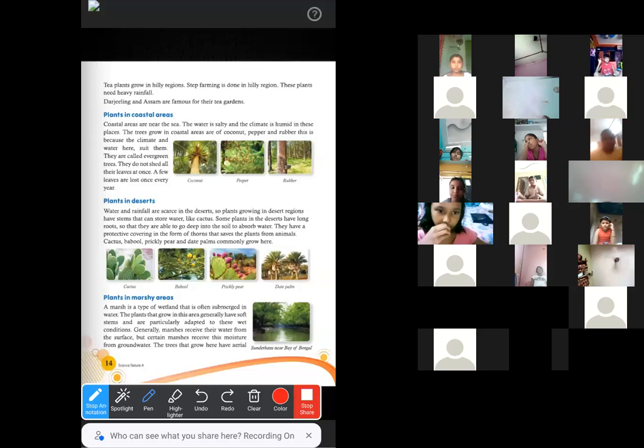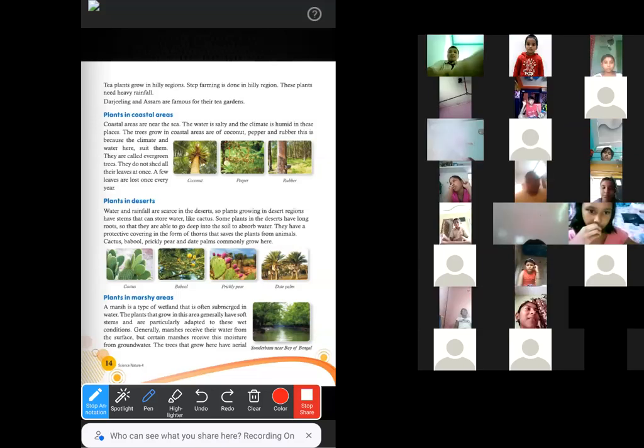From the sea, during the daytime, because of the sunlight, the water evaporates and changes into water vapor. This is why in the air of the coastal area, the amount of water vapor is always high. This is why it is said that the climate is humid. That means humidity is high, and the presence of water vapor in the air is very high.